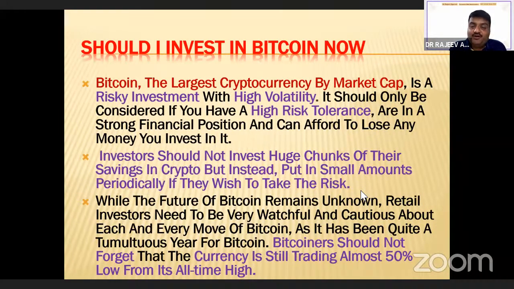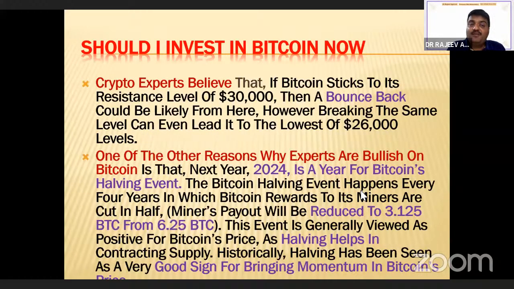While the future of Bitcoin remains unknown, retail investors need to be more watchful and cautious about each and every move of Bitcoin, as it is quite a bad year for Bitcoin. Bitcoiners should not forget that the currency is still trading at less than 50% of its all-time high of 70,000, and today it is 26,000. So almost 33 to 40%. Now, crypto experts believe that if Bitcoin sticks to its resistance level